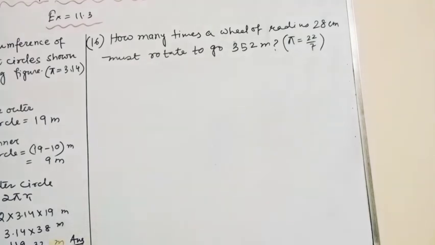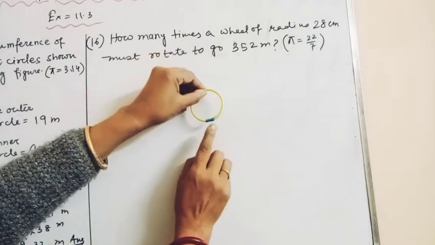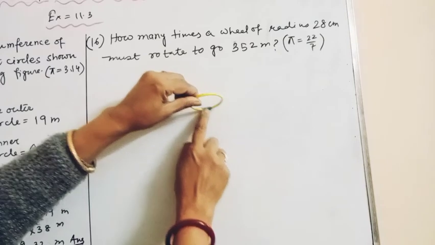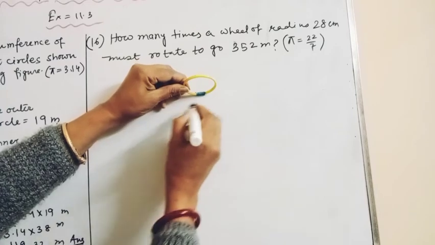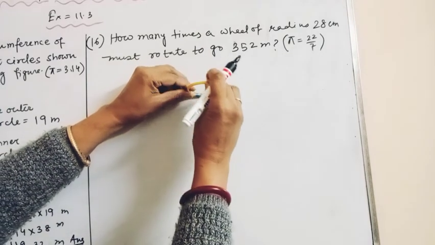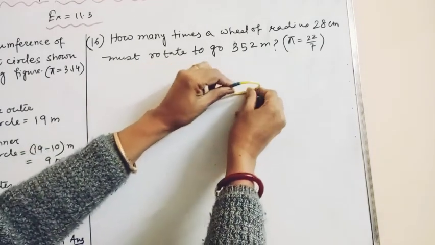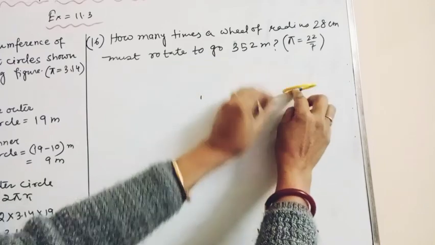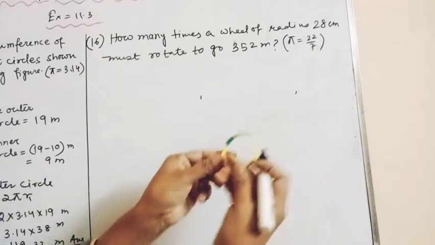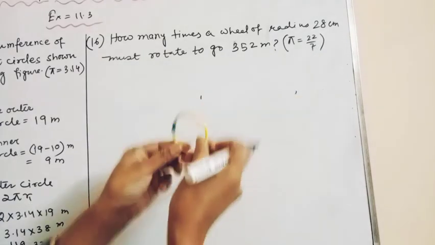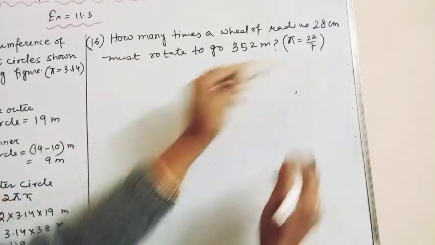First of all, the concept is, look at this wheel. Say I have marked here another with another color. Now you will see, students, you will check it. If I start rotating from this portion, when it will complete one complete revolution, one rotation, up to here, that means it will cover its circumference. From here, when it will complete one revolution, one rotation, it will come to this side.